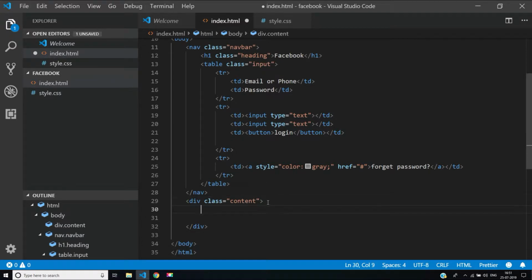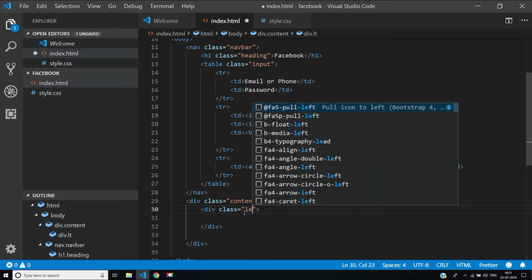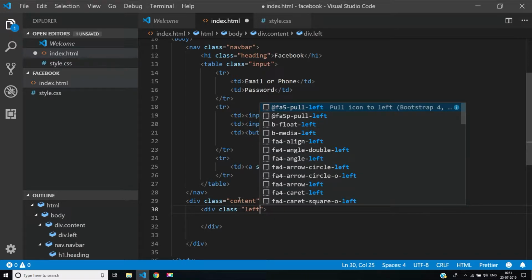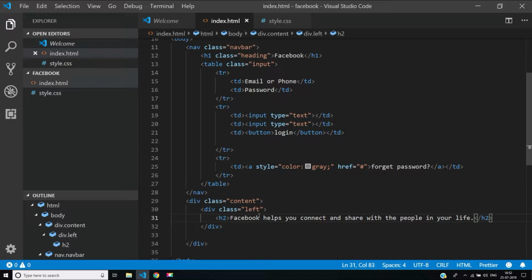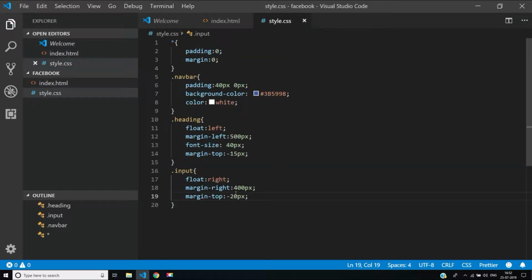So let's quickly add another div, and inside this we will write left. So we need to create these two classes, and inside this I'll add a h2 tag, and I'll paste this and save, and let's go here and write here left,